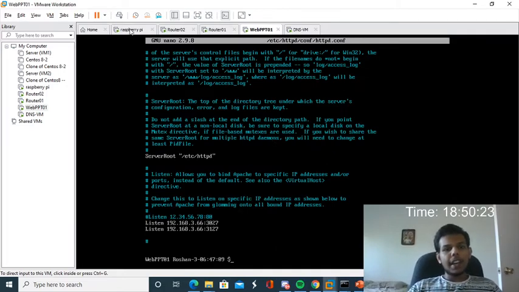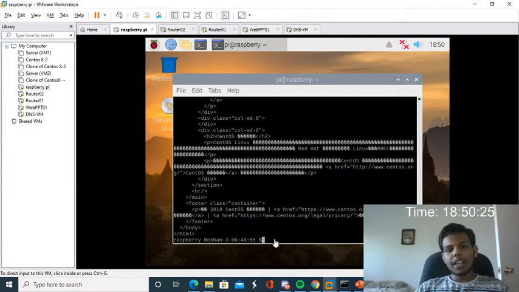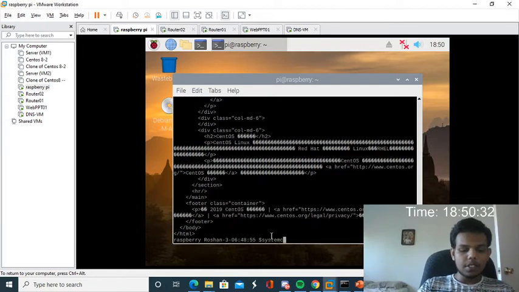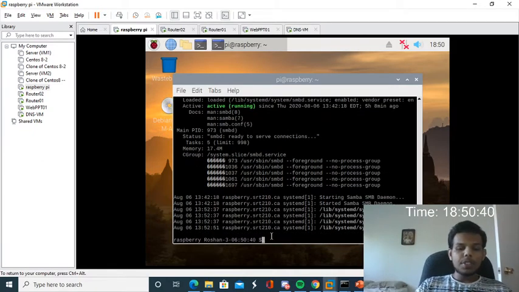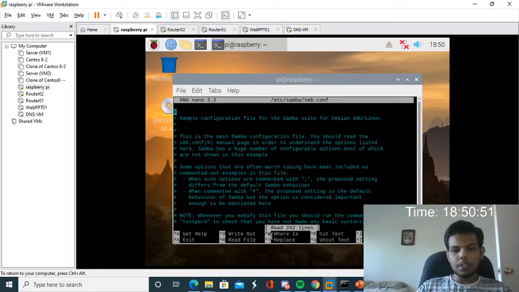Okay, next, I have enabled Samba services in my Raspberry Pi. For that, I'm going to type systemctl status smbd. Okay, it's actively running. Here I'm going to open the configuration file, /etc/samba/smb.conf.